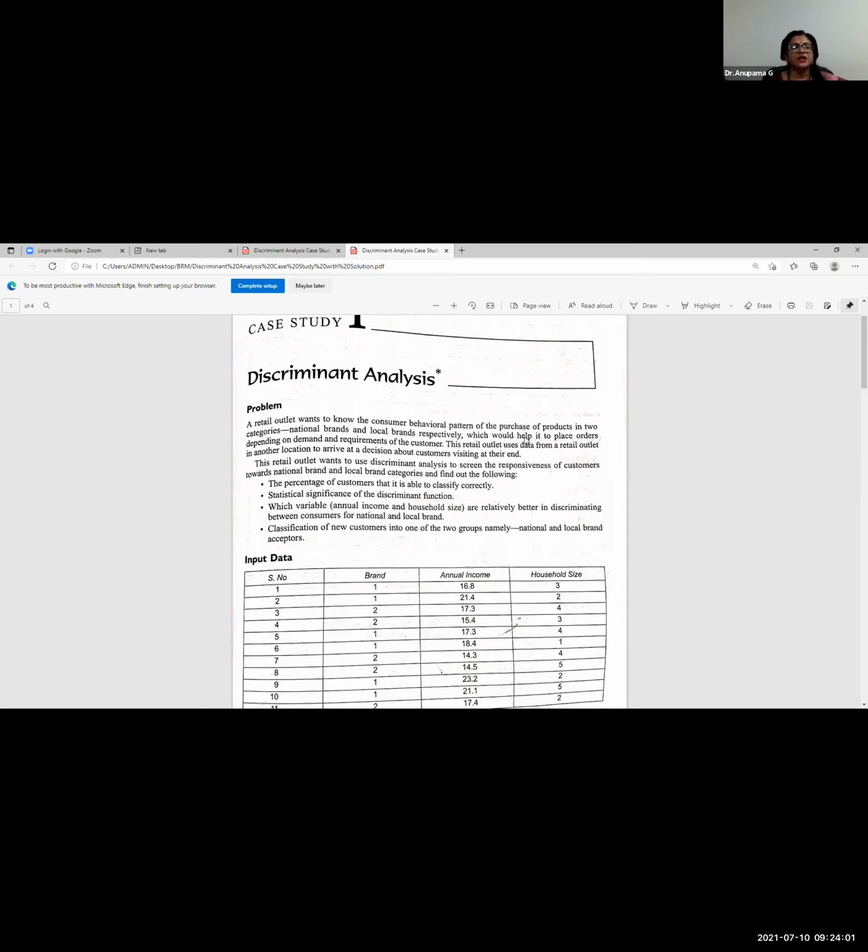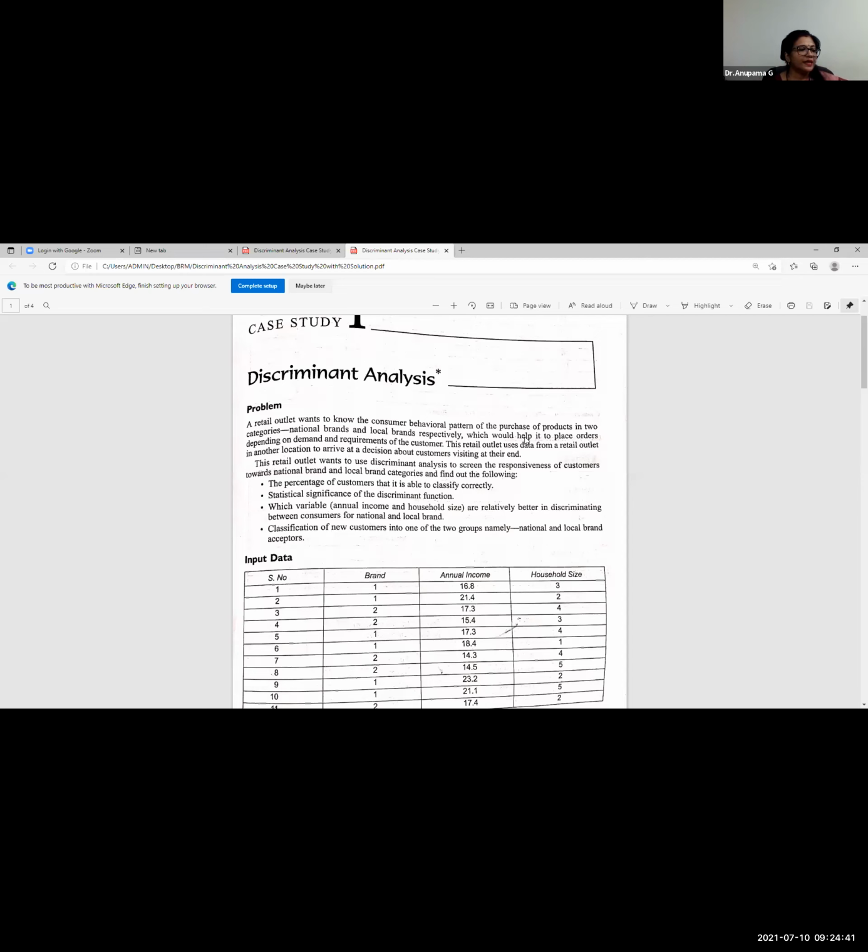Just to sum up in a bit. So every business research problem, like we said, must necessarily be able to address a business decision scenario, so that it would lead to the optimization of the decision-making problem, or to make a decision which can optimize the business performance. So in this case, discriminant analysis is aimed to be used by the retail outlet in the case question to arrive at understanding the preference of customers into either national brands or local brands. So categorization. All right. So in discriminant analysis, the dependent variable is to classify people into either national brand preference or local brand preference. All right.